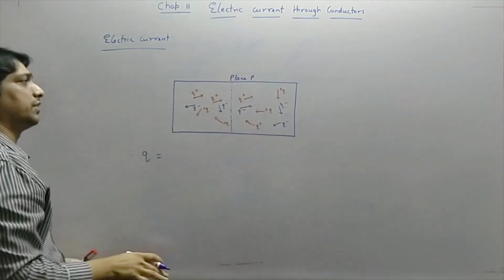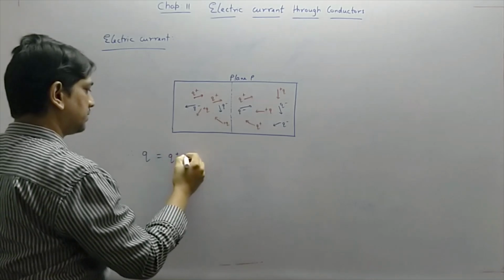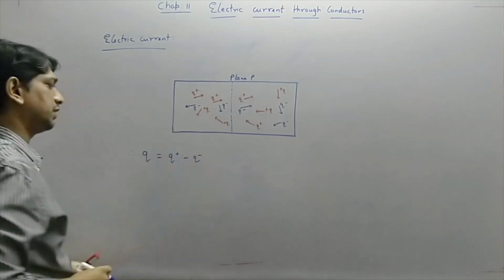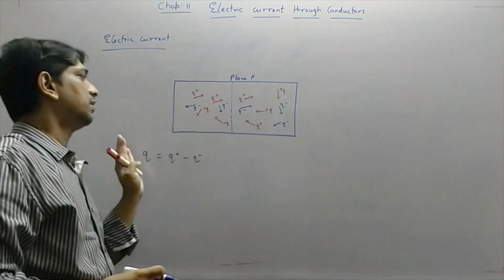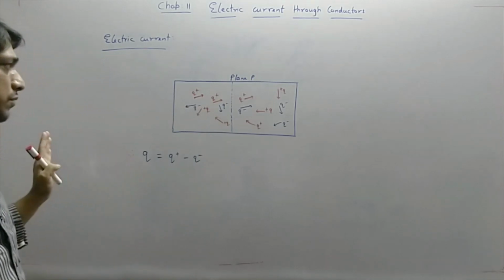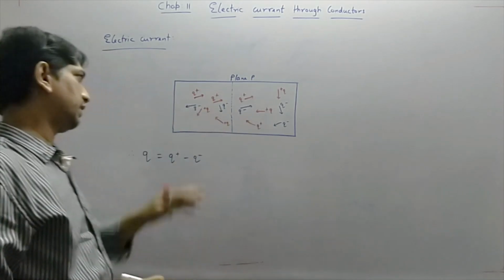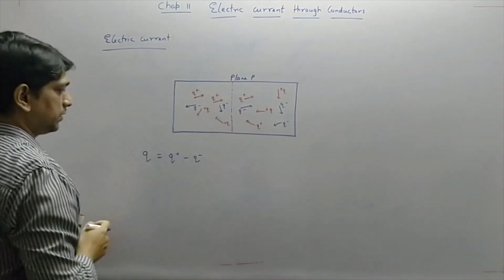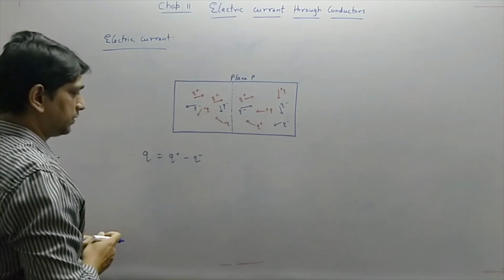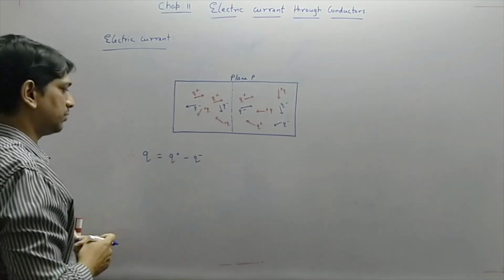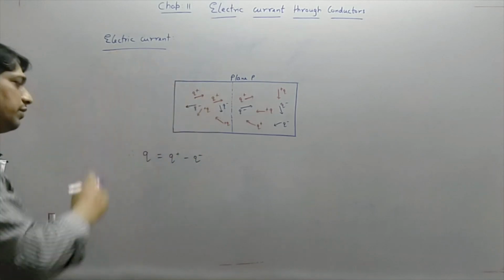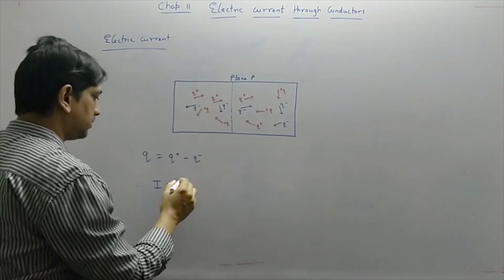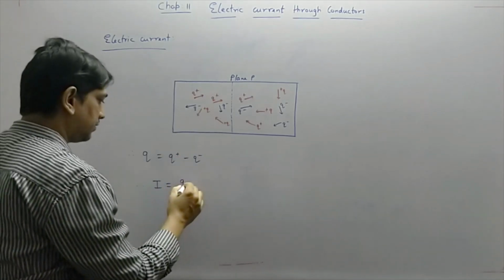Flowing in the forward direction is given by Q plus, that is positively charged particles, and Q minus, that is negatively charged particles. Suppose we are taking the net flow of charge in the forward direction, that is in the plane P. So Q is Q plus minus Q minus, where Q plus is for positively charged particles and Q minus for negatively charged particles, and we take the minus because it is the net amount flowing in the forward direction. Therefore the current is due to the flow of charge in a given time, that is I is Q by